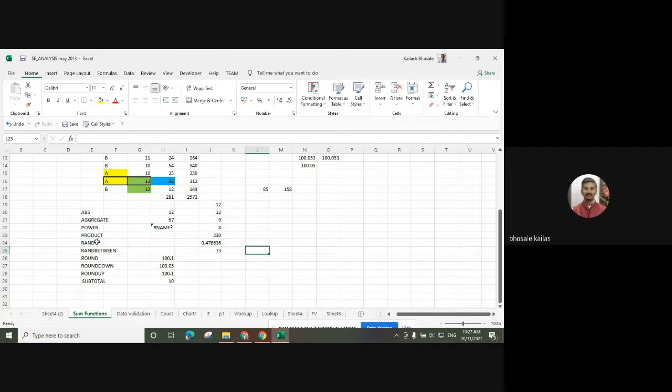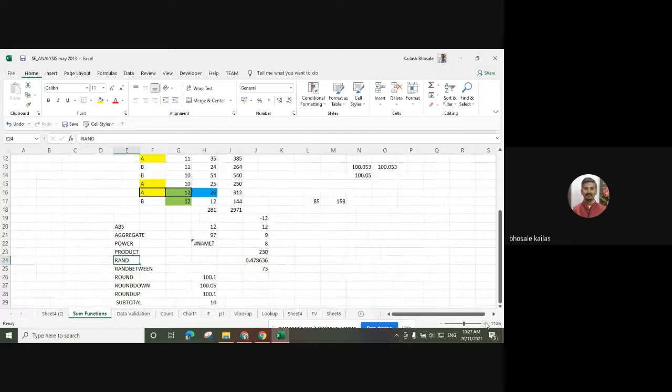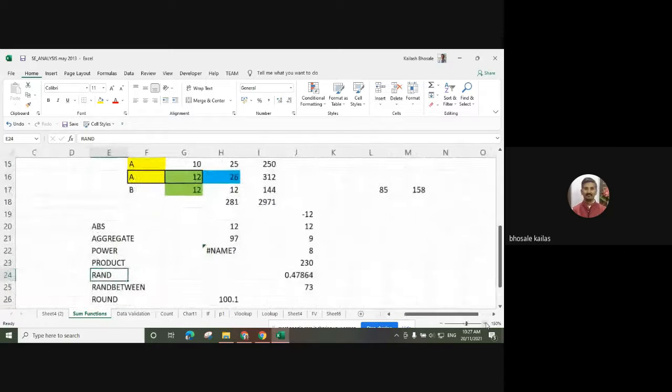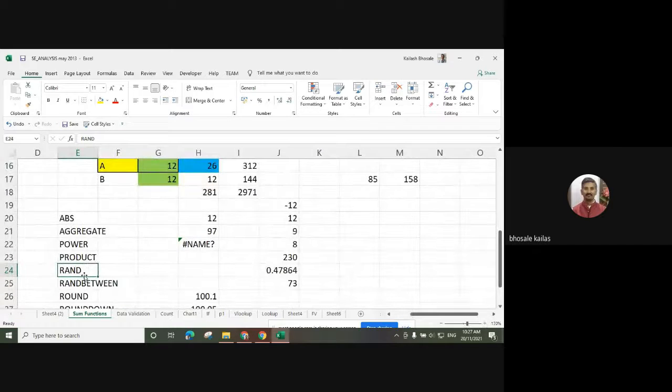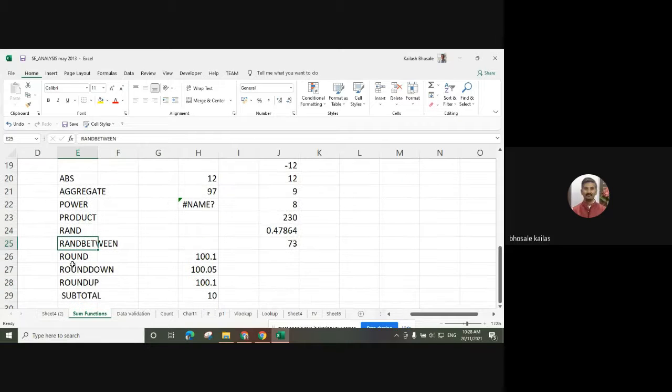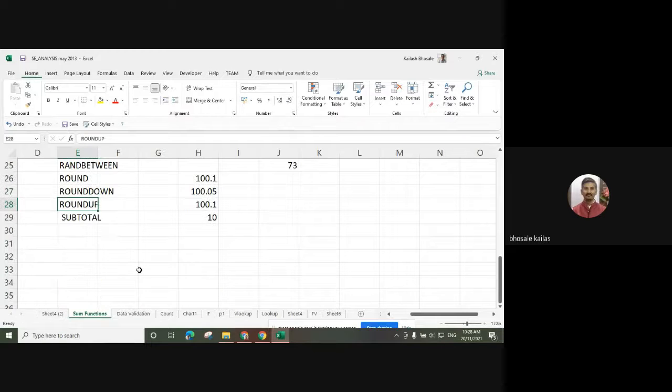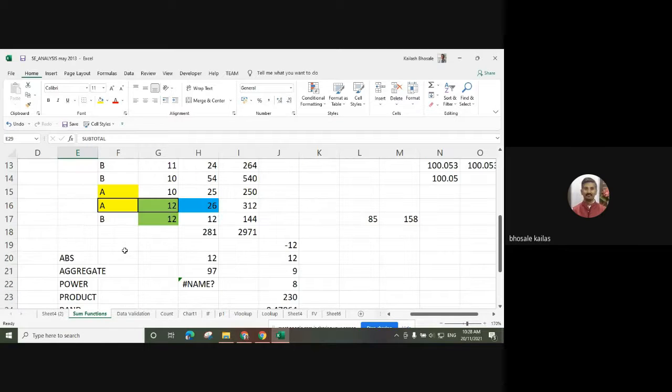There are functions like RAND, random numbers. RAND is used to generate numbers between 0 to 1. RANDBETWEEN is used when we want to find a number between any values. Then we can use the round function, round down, round up, and subtotal. So we'll see all these functions.